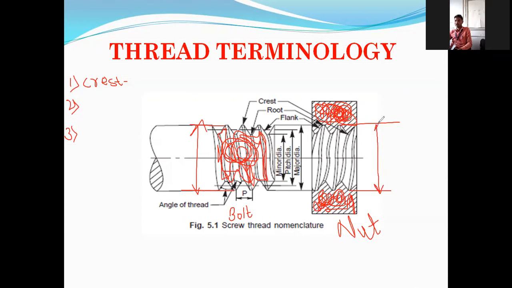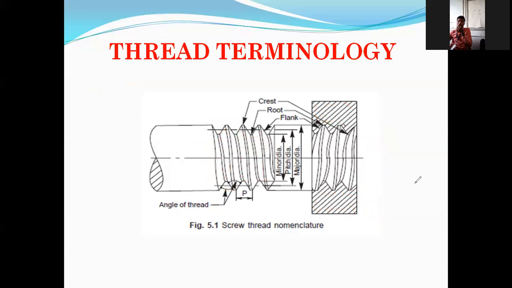In the case of an external thread, is the major diameter passing from the root or crest? That term we can say is a little alternating. For the external thread, the major diameter is passing from the crest. In the case of an internal thread, from where will it pass? From the root or from the crest? Look at it a little now. I will erase all. In this diameter, where is the root and where is the crest?